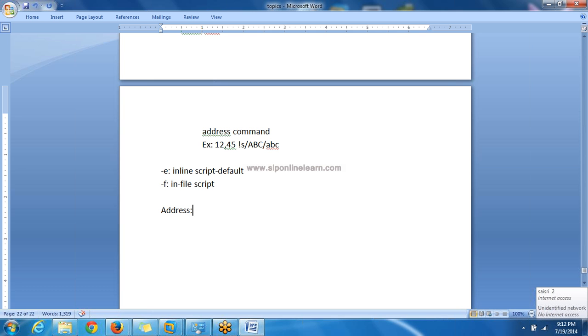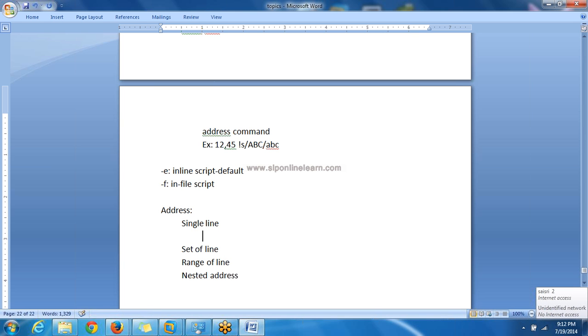We have different kinds of addresses: single line address, set of lines, range of lines, and nested addresses, meaning an address within another one.